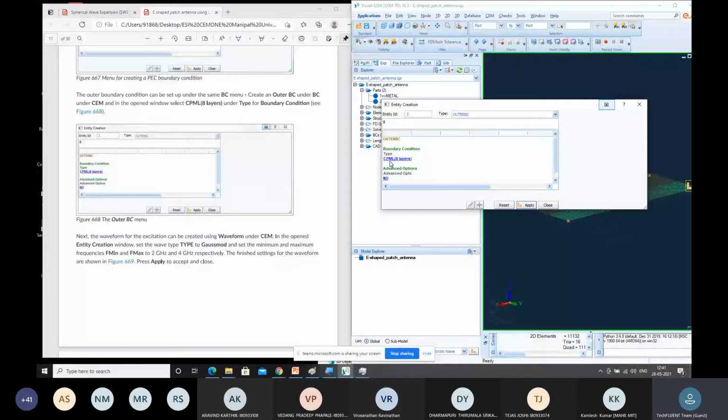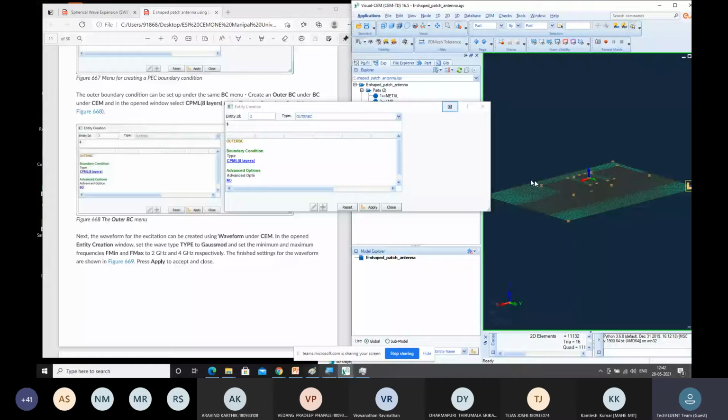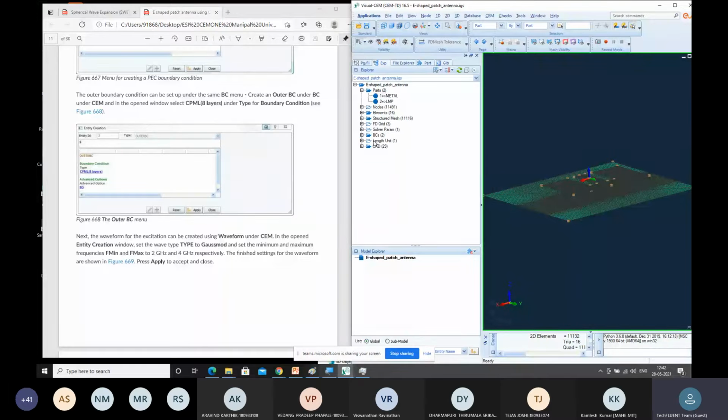Eight layer box, in the sense you can estimate one layer will be on the top, left side, right side, opposite side, and then this side. In all the directions you'll get a completely closed shape. That is nothing but your outer boundary condition, what we are creating for the problem. Once you are done with this, click on apply. So the outer boundary will also be available within your code. You can see in boundary conditions, you have PEC and outer boundary condition.